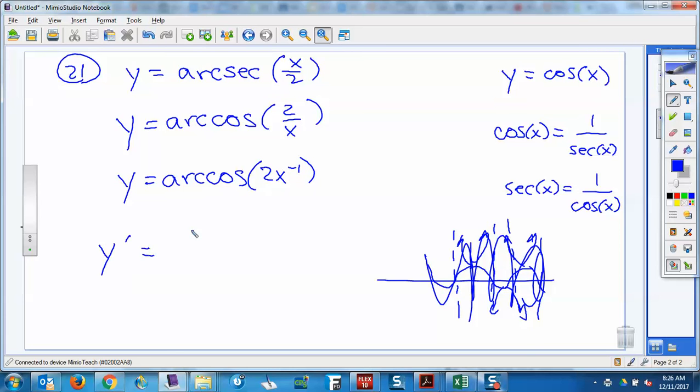Now do my arc cosine rule. So y prime would be -1 over the square root of 1 minus